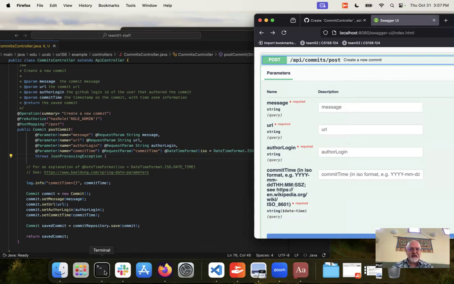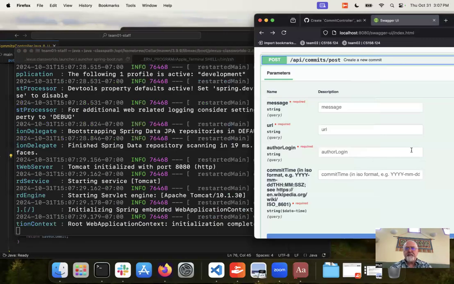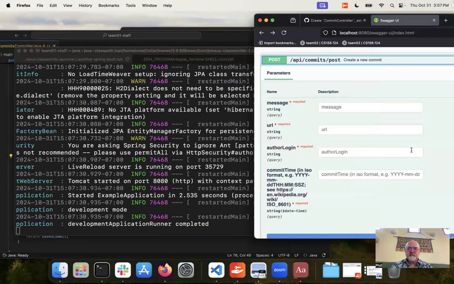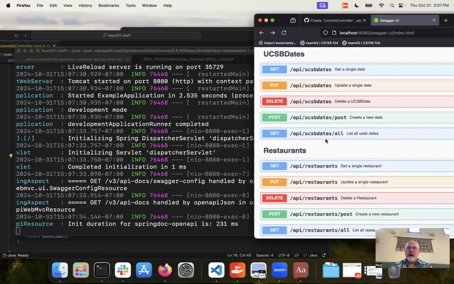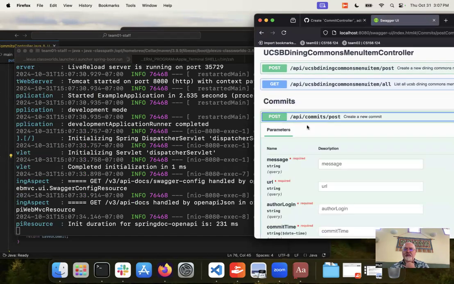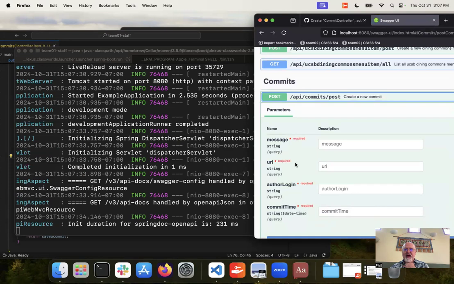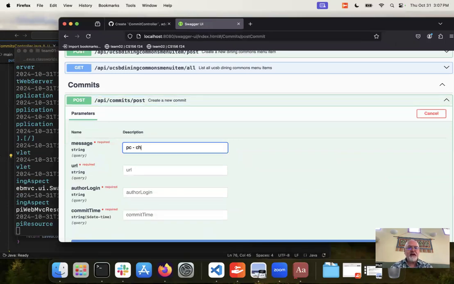So let's do this a second time. And let's refresh this page. And now you see commits. Okay, and if I do the post, you can see now I just have string, string, string, and string date time. So let's put in message, PC changed some code, URL, and I'm just going to